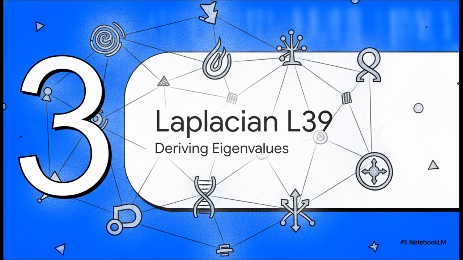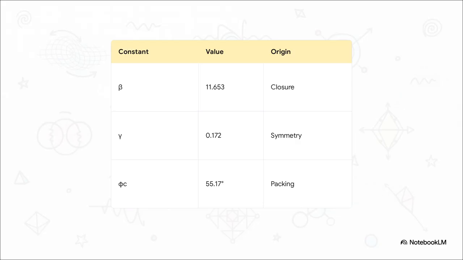All right, Section 3, Laplacian L39, and constants. This is where we translate structure into observable phenomena. Here's the crucial takeaway. These fundamental physical constants aren't just arbitrary numbers we measure in particle colliders. They are strictly structural eigenvalues of a 39-strata discrete lattice. This lattice is completely governed by the scale-invariant Laplacian L39, which acts as the ultimate deterministic function of reality. It natively forces the fine structure constant. It mandates temporal friction, measuring how much the fluid fights back against deformation, and it strictly sets the equilibrium angle for optimal geometric packing. Change even a single decimal of these mandated outputs, and the entire mathematical lattice collapses.